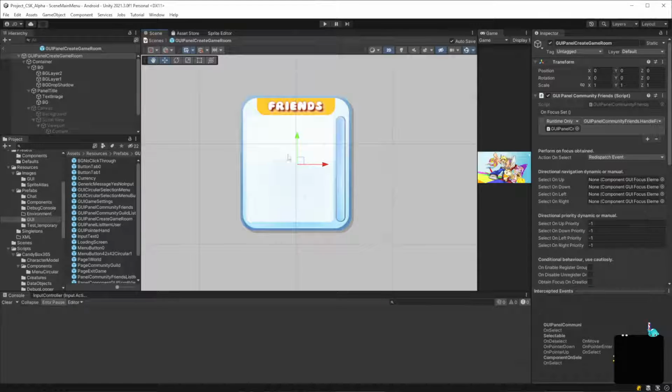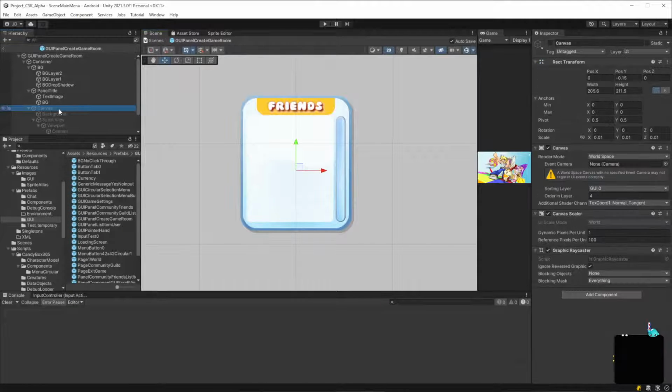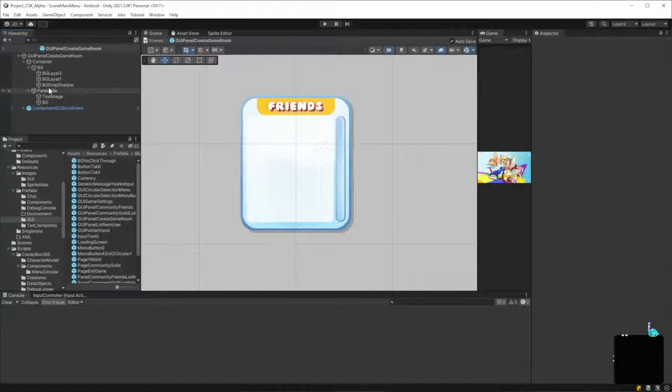Okay, we'll need to increase the size of it. What is this? Oh, right. I didn't actually delete that. Yeah, we don't need that.